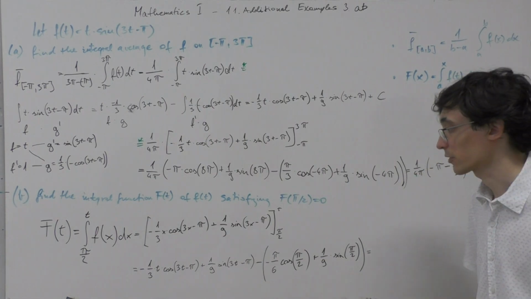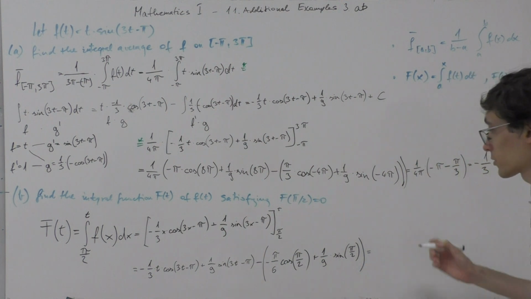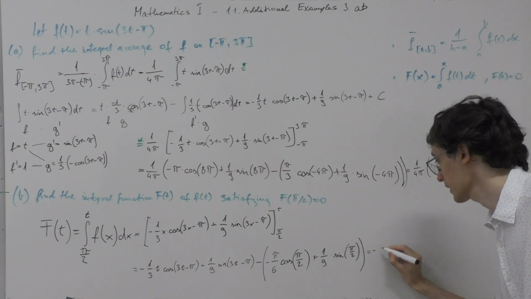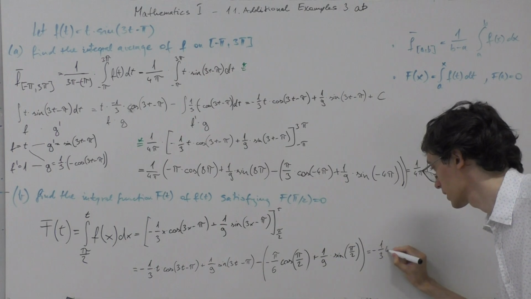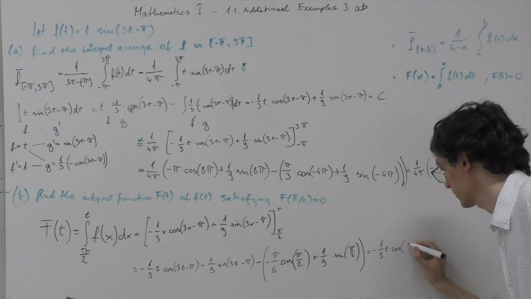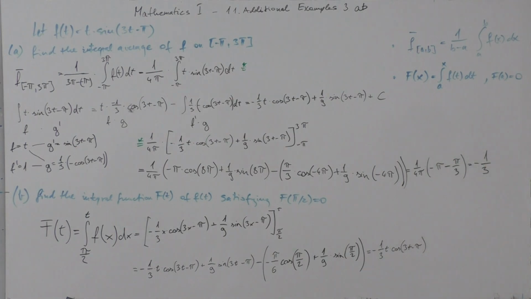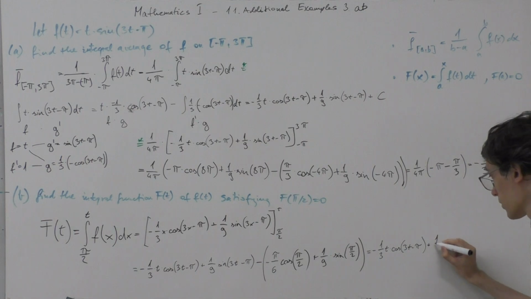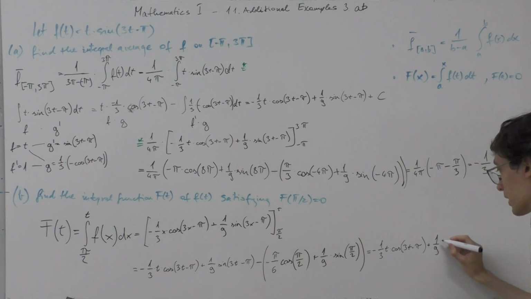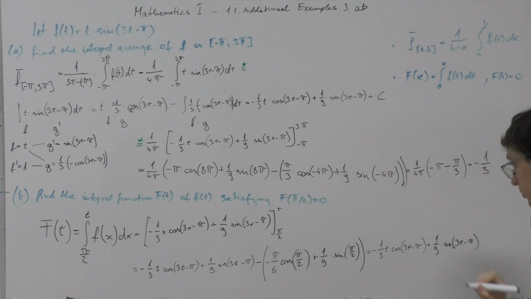And we can simplify this a bit. We can't do much about the variable, so we will have negative 1 over 3 t times cosine of 3t minus pi plus 1 over 9 times the sine of 3t minus pi